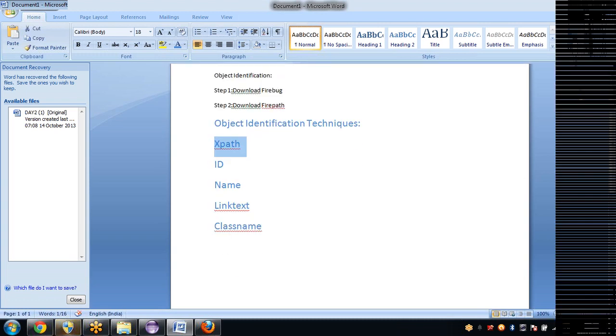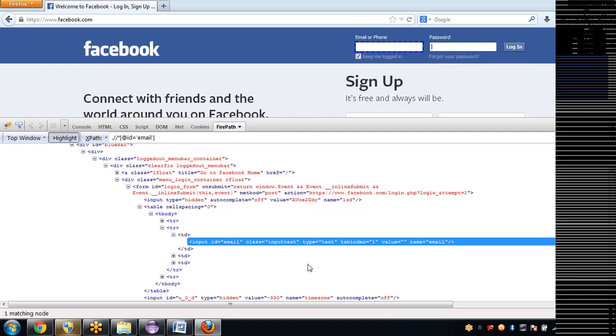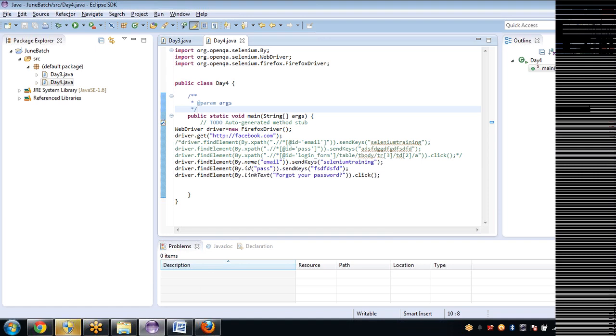Same way, it's simple. So class name, there is one more identification technique. Even with the class name, you can identify the things with the help of Selenium. Again, click, see, do you have any class name here? Yes, this is the class. Okay, you have it here. So you can just simply give as By dot. Okay, I'll write it here.